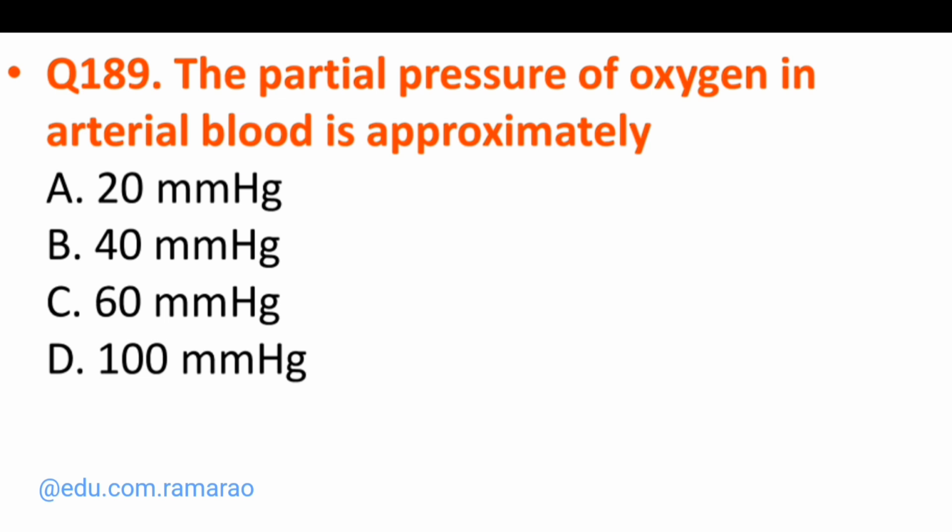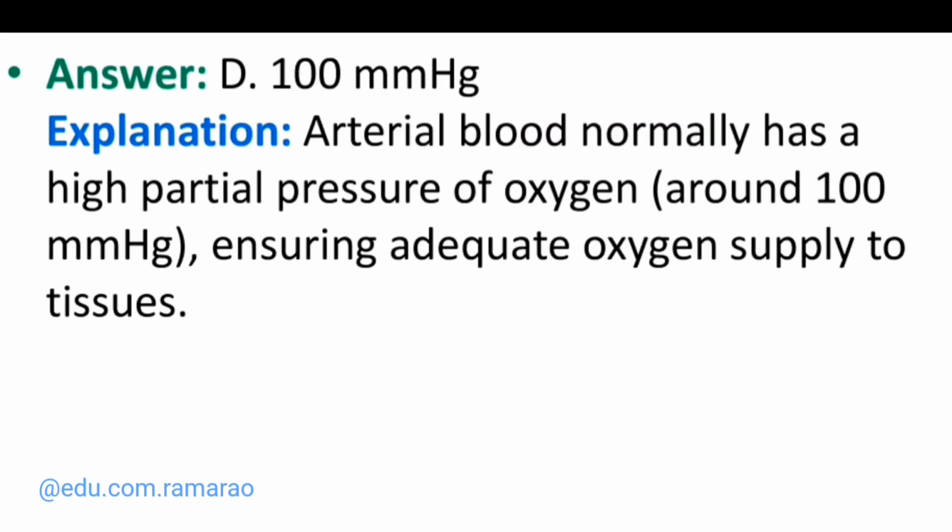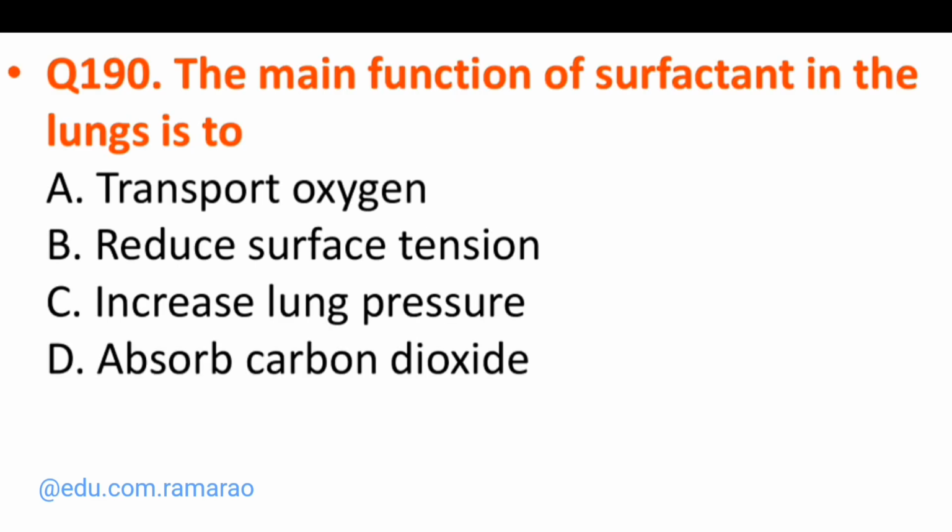Next question. The partial pressure of oxygen in arterial blood is approximately option A, 20 mm of Hg, option B, 40 mm of Hg, option C, 60 mm of Hg, option D, 100 mm of Hg. The correct answer is option D, 100 mm of Hg. Arterial blood normally has a high partial pressure of oxygen, around 100 mm of Hg, ensuring adequate oxygen supply to the